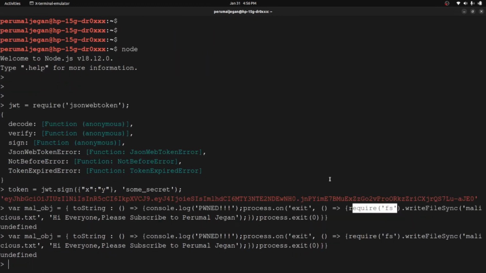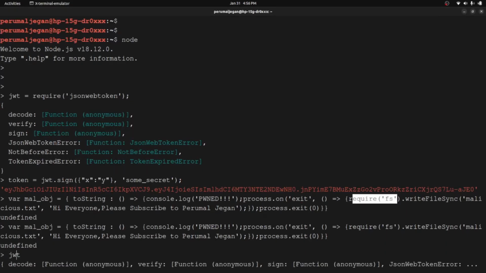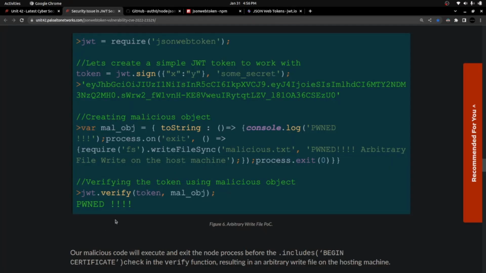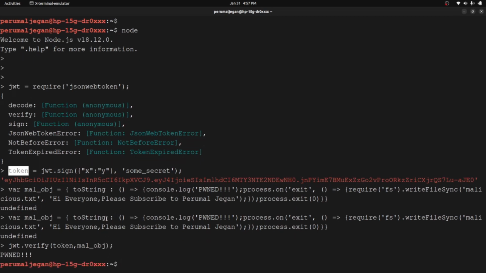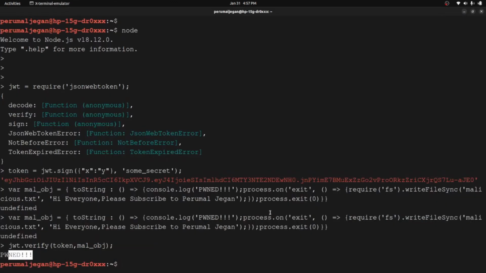Undefined. Okay, I'm not sure what happened, but let me call this verify function, jwt.verify, and within verify I'm giving the token we have already generated here, and the malicious object, mal obj. All right, now look at this, I got the status like pond. It gave me the pond string that we have mentioned inside the console.log function, and now